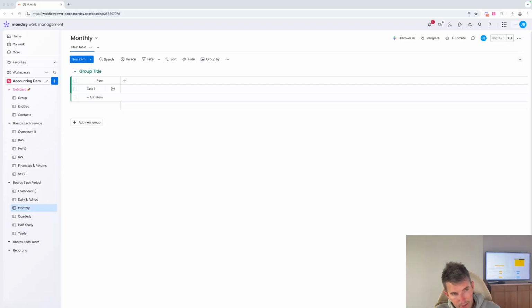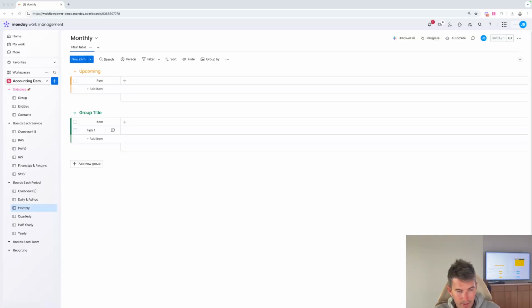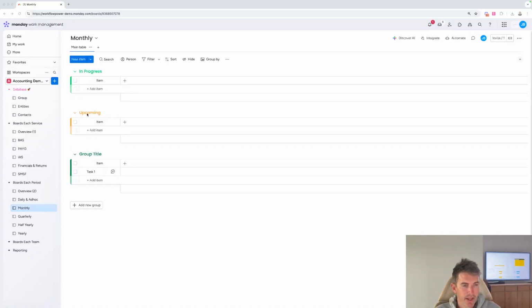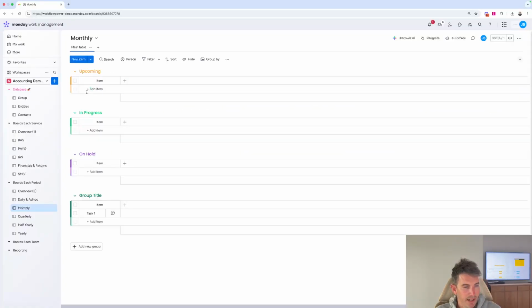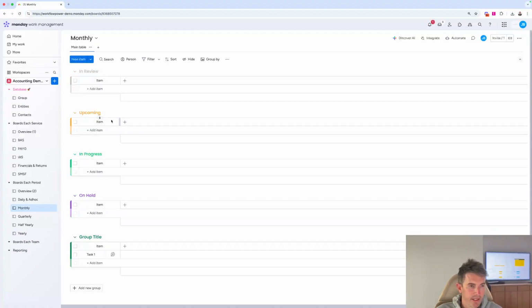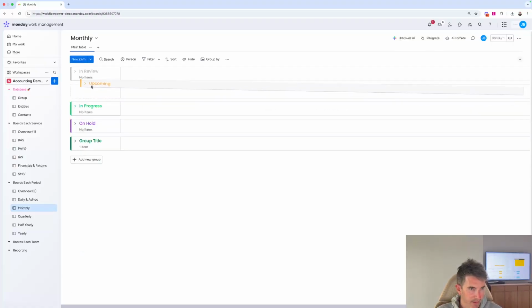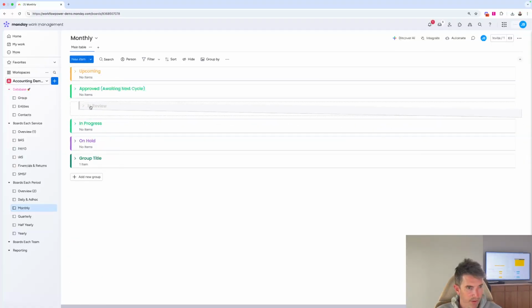The first things that we would do, again, if you've been following through the structure, is the thing that I'll harp on the most, taking the logical approach with groups first, starting with what those groups should be, how they're going to align to your workflow, add value, add visibility. Once you've got your groups established, you're then going to be looking at what columns make sense and linking in that sample data. So in this example here, we've got very similar groups to what we did before when looking at our